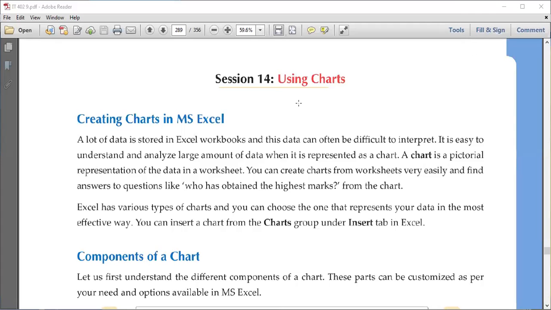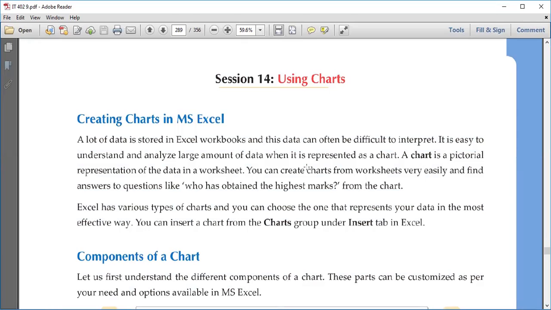So we'll talk about using charts now. Creating charts in Excel. See, a chart is a pictorial representation of whatever data we have on the worksheet. So basically जो कुछ भी टेबल फॉर्म में है आपके पास ना, उसको हम पिक्चर फॉर्म में we can represent the data in the form of picture.